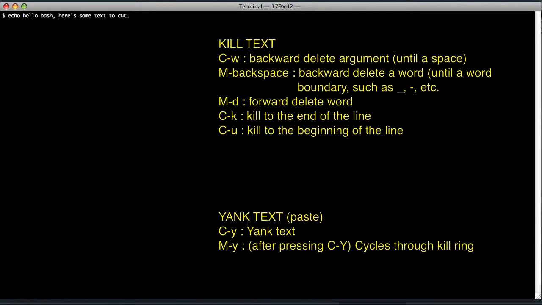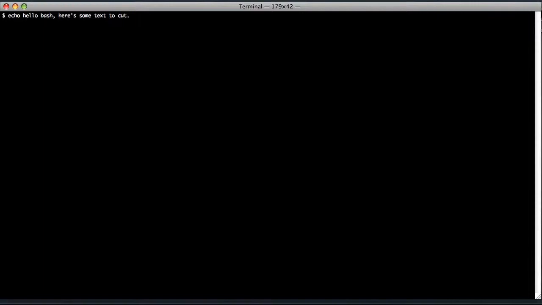Bash makes it extremely easy to cut and paste text without having to use your mouse. Anytime you issue a kill text command, it will be saved onto what is called the kill ring, which you can later recall using Control Y. For example, given this text, if I press Control W, which is effectively kill the previous argument, it will save that onto the kill ring. And if I press Control Y,